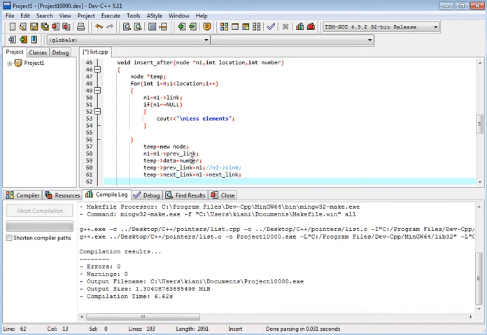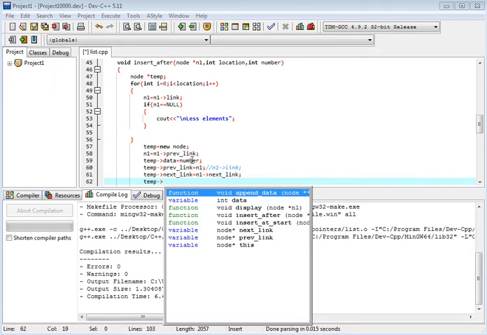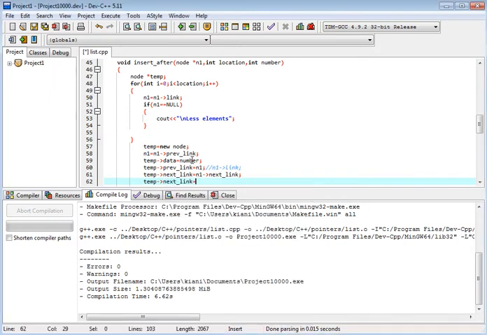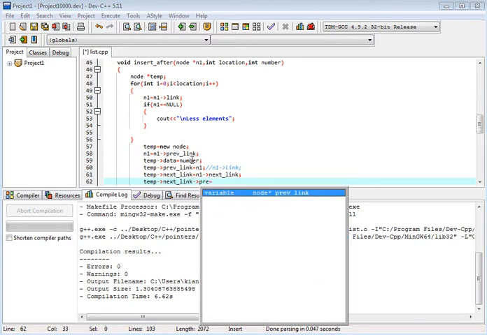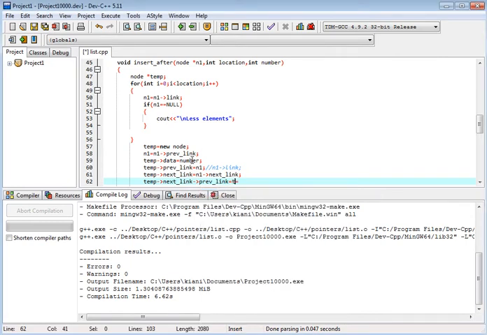Okay, n1 next link, and we have temp next is equal to next link and previous link is equal to temp.